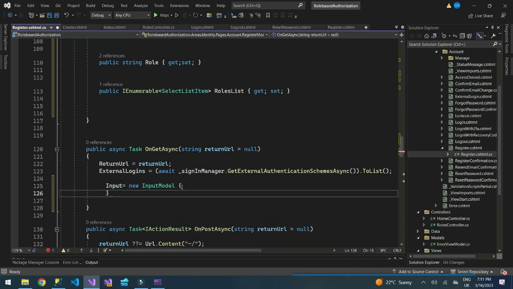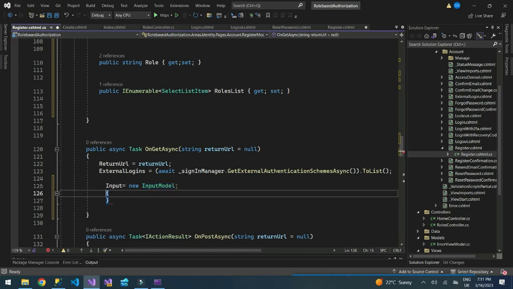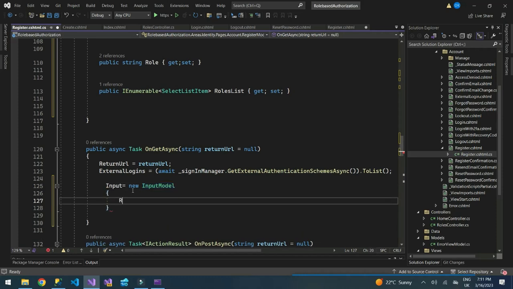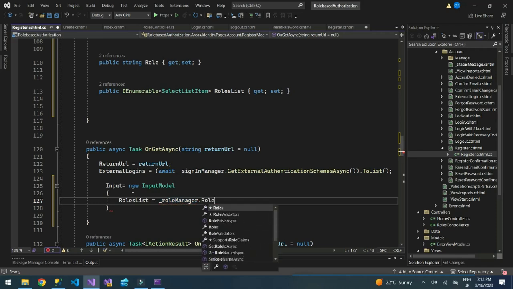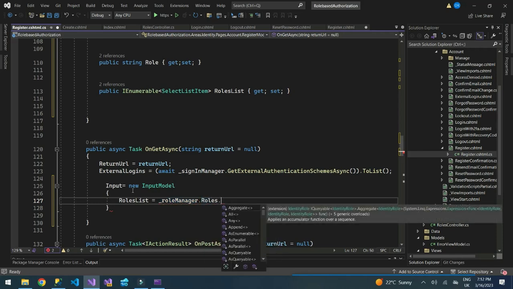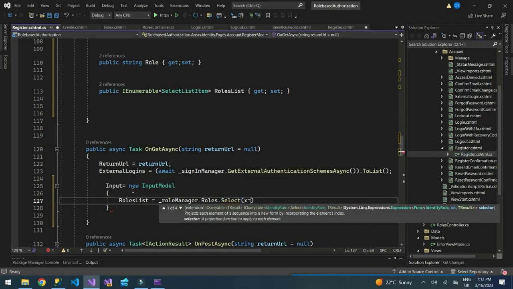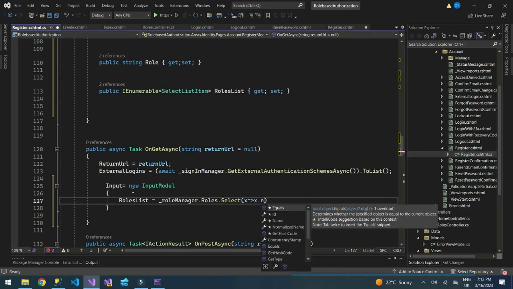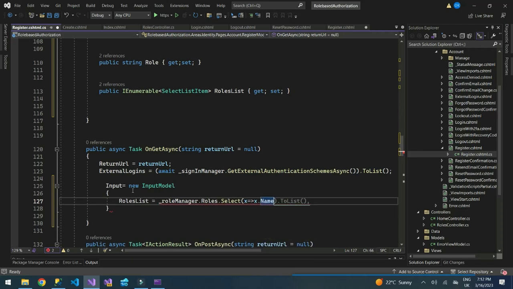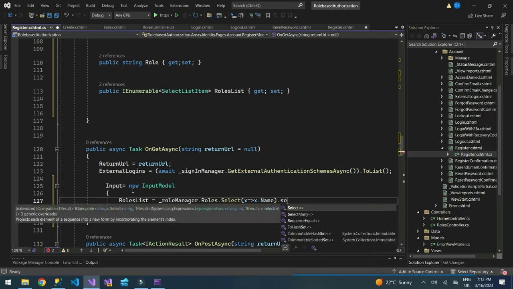Then we need to do something. We need to assign the list of roles to our list. So we'll say roles list is equal to the role manager that we added dot roles, then dot select, this one, say x is equal to x dot, we get the name of the roles, and for these roles say dot select